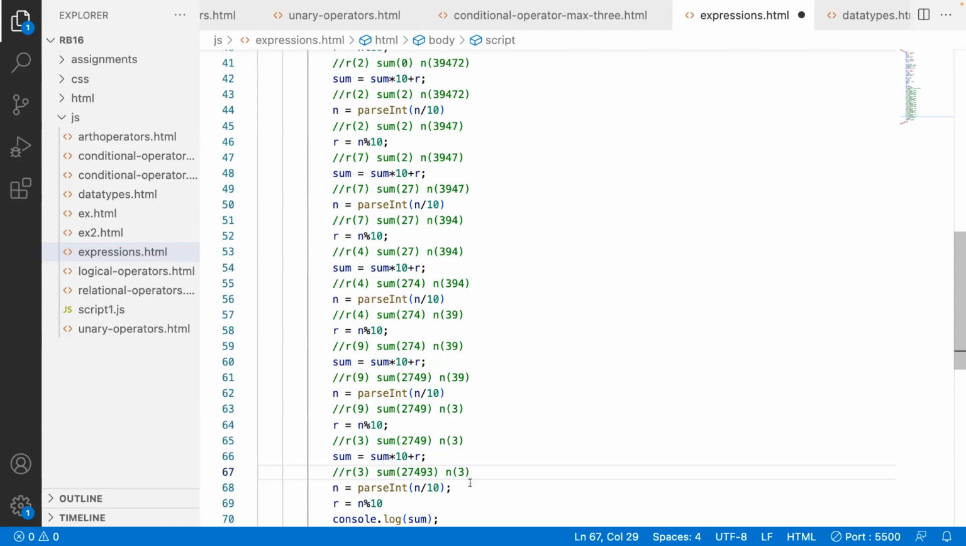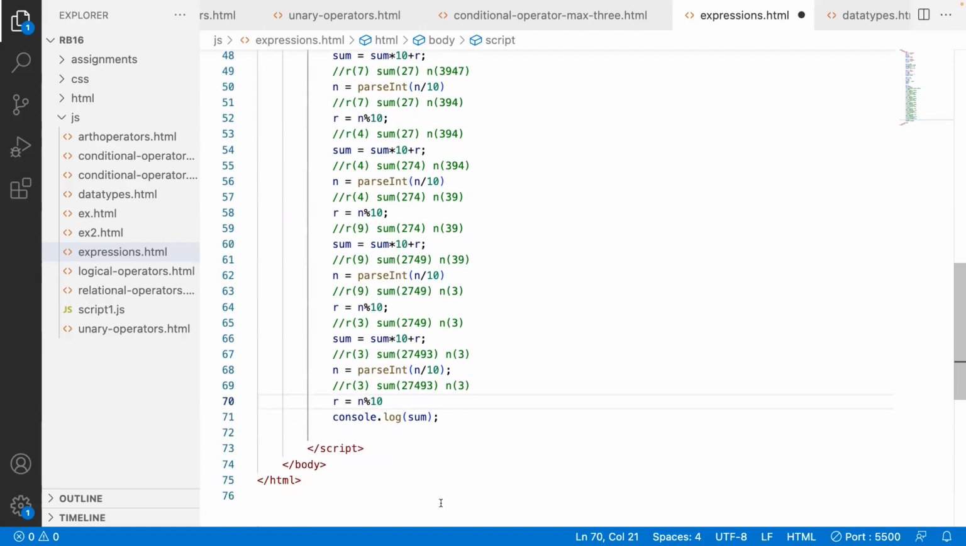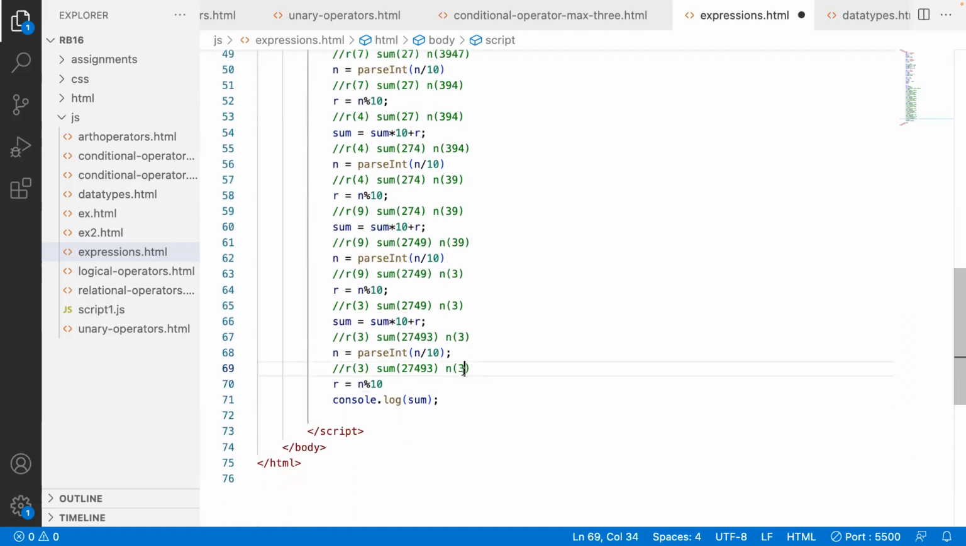Sum is equal to 27493. Then finally n becomes 0. Okay, so after this also I have something. That's okay, but R becomes